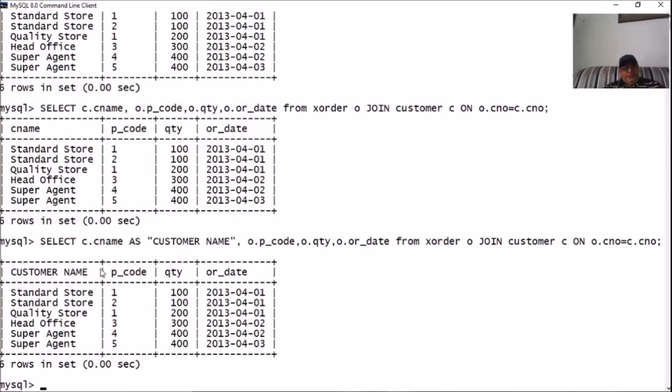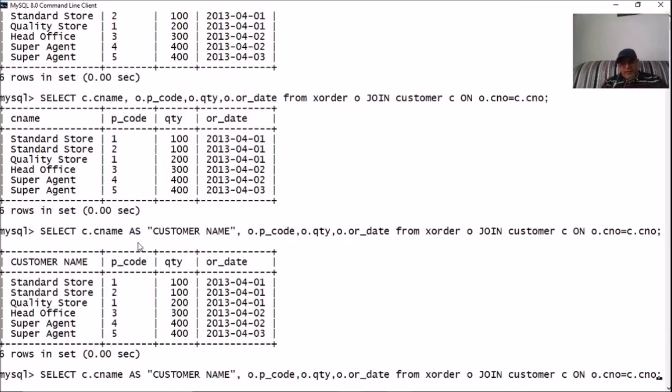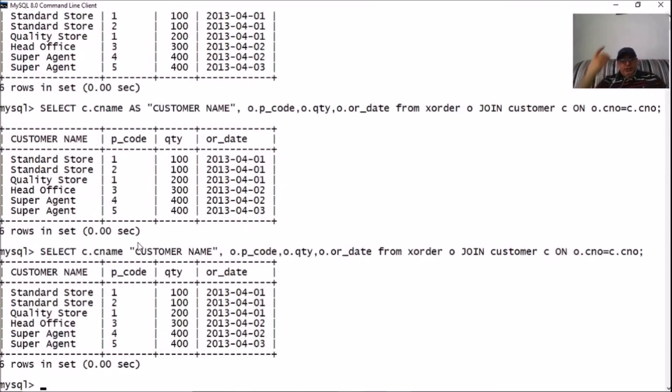Here customer name is appearing. I have used the as clause this time. I can also specify it without the as clause, like this, and the answer is same. So with column aliases, the as clause is optional. But with table aliases, we never use the as clause. Keep it in your mind.